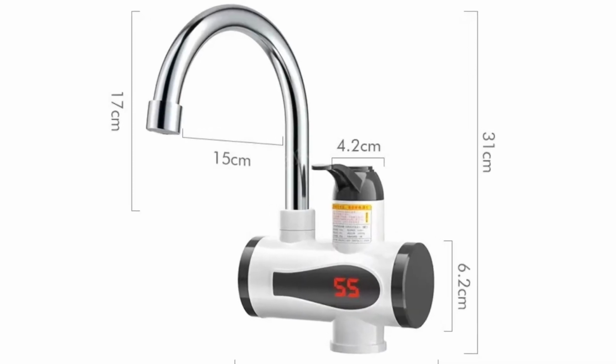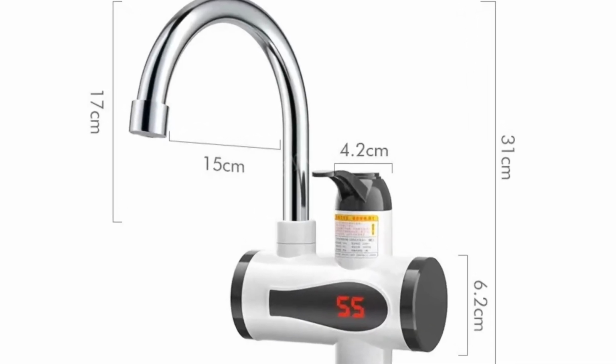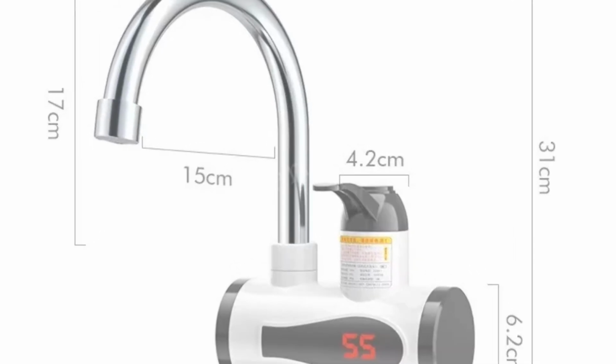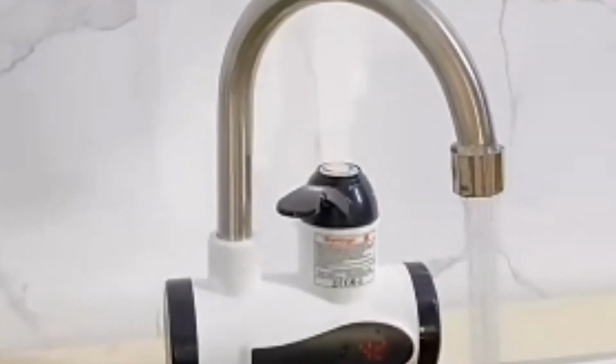The ATWFS Instant Water Heater is a reliable and efficient solution for on-demand hot water. By considering your space, energy needs, and safety preferences, you can ensure a smart purchase that will serve you well